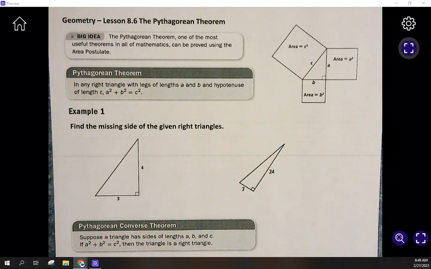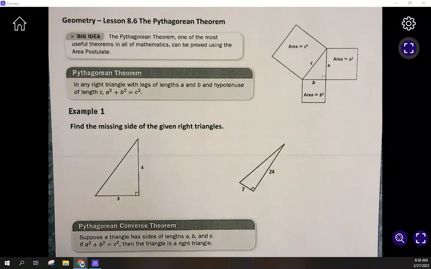This is Geometry Lesson 8.6. We're going to be looking at the Pythagorean Theorem. So hopefully this is familiar, something you studied a little bit in middle school and algebra, and we will just reinforce it here. So the Pythagorean Theorem, it's one of the most useful theorems in all of mathematics, can be